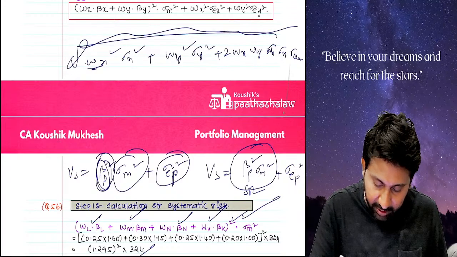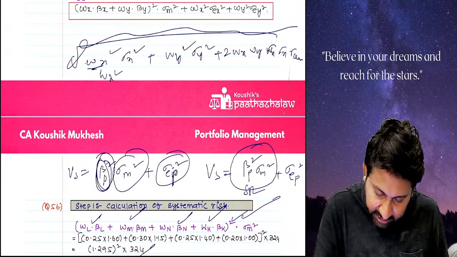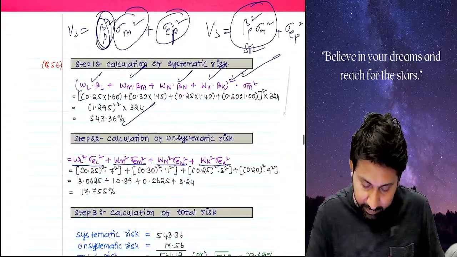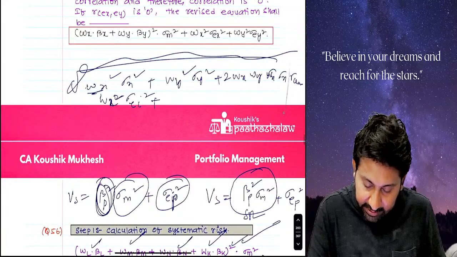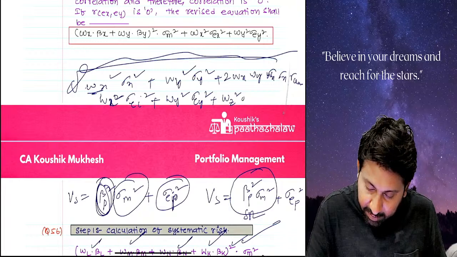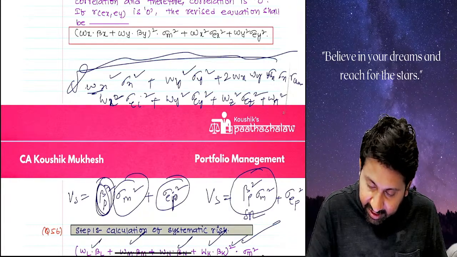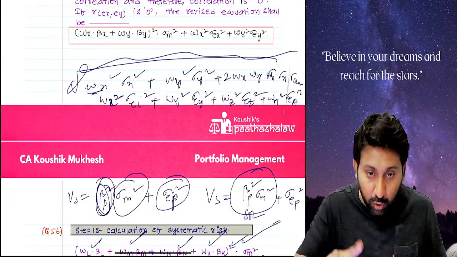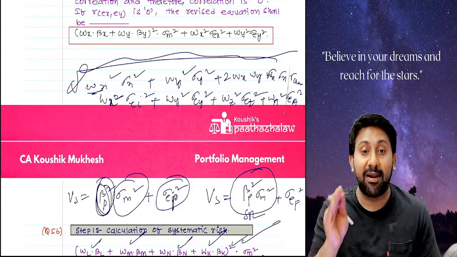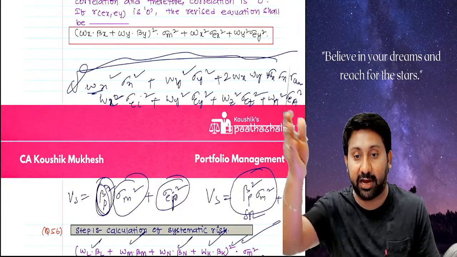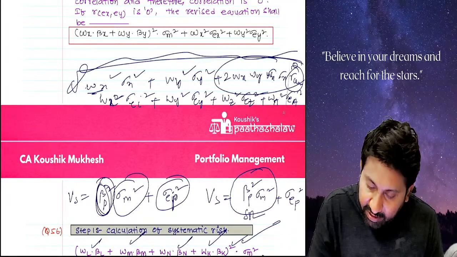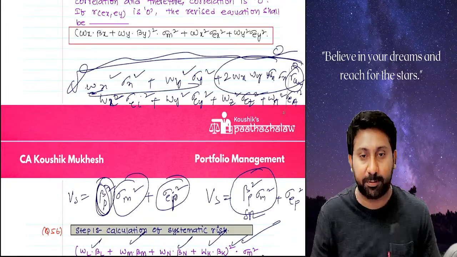Anyway, variance, the root will be going off. Wx square, here sigma x square will not come, sigma ei square will come. That's what we are doing, plus wy square sigma ey square, wz square sigma ez square, wa square sigma ea square. The 2 wx terms will not come in the Sharpe model. The reason I told you: unsystematic risk itself means there is no correlation with the market. Correlation is not there means correlation is 0. Even if you do this, rxy is 0, so the entire element will become 0. Therefore, you will have just this particular thing.